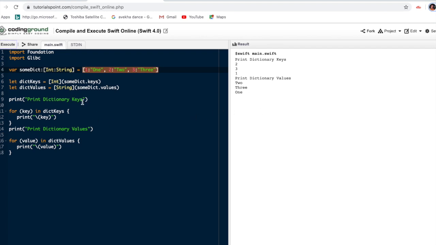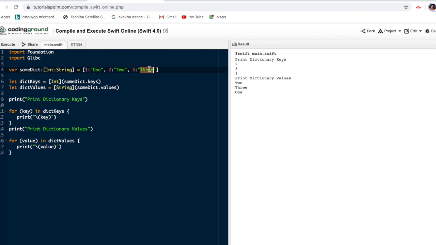I'm just printing the keys here. So what happens is, first I have stored this value in the dictionary, and declared another constant value, like dish keys, that is the type int. In this sum dot keys, I should get only the keys. Here I should get the values like 1 2 3. Okay, so this is the meaning, to get only this 1 1 2 3, and values meaning 1 2 3.